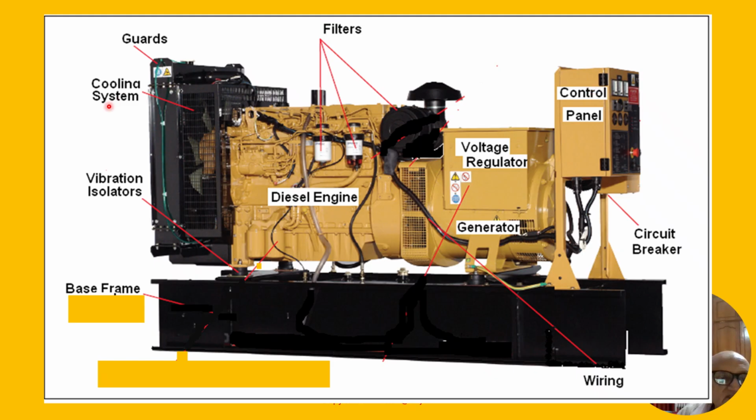Something not in the previous slide is vibration isolators provided over the chassis. Chassis is a base frame over which the entire generating set is mounted. Now, this radiator is the cooling system, and there are certain air filters provided in the system,